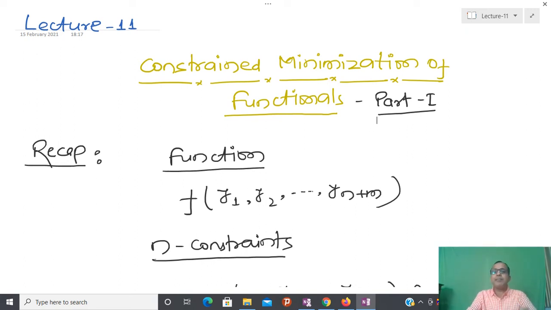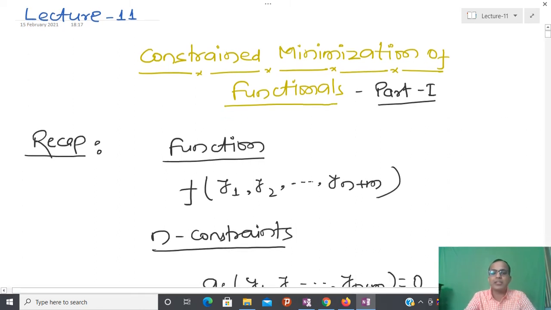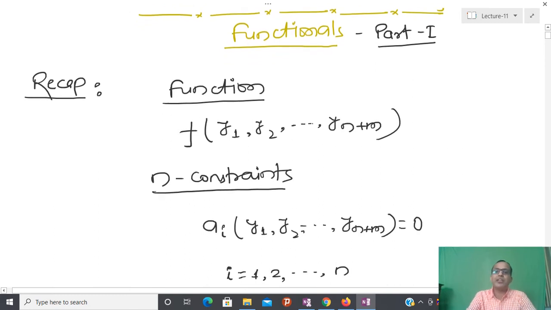Out of the n plus m functions, only m functions are independent, and the rest are expressed in terms of some constraint. So at that time, how to extremize or minimize some kind of functional is one of the very important areas of the optimal control problem. And from the application point of view, this concept is useful in several places. So let us try to see the concept which we are already well aware of till now.